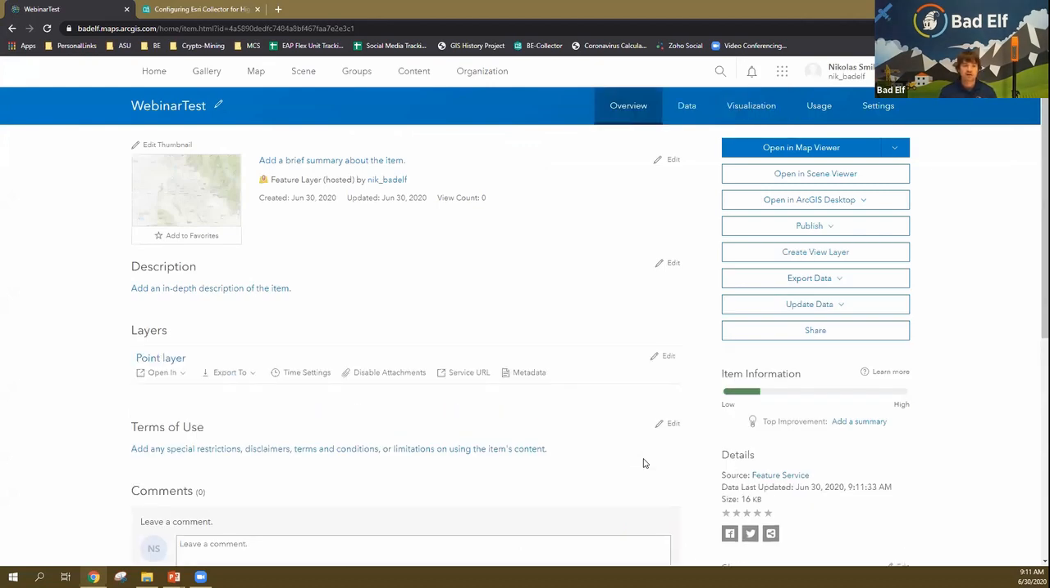Okay, so now I've created a feature class called Webinar Test. A few things I want to immediately point out and make sure that you're aware of is number one, under this layers area, there's some good things here, i.e. number one, export to. If you click that drop down, you'll notice that there are several ways you can export the data out. And if, say, you're a traditional surveyor,